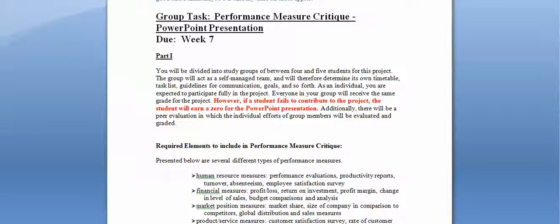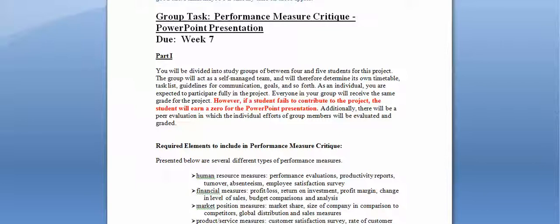Group team members were assigned at the beginning of week 2, and by this time you should have done a basic introduction and you should begin to work through an outline of what it is that you want to accomplish and some timelines. You're a self-directed team, a self-managed team, and so I won't be actively involved as the instructor in what you all do in this PowerPoint presentation group task. However, I will be checking into the study groups, and as needed or warranted, I will reach out to